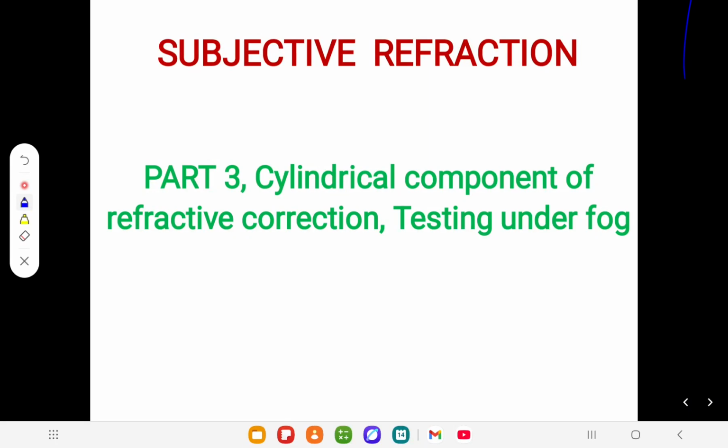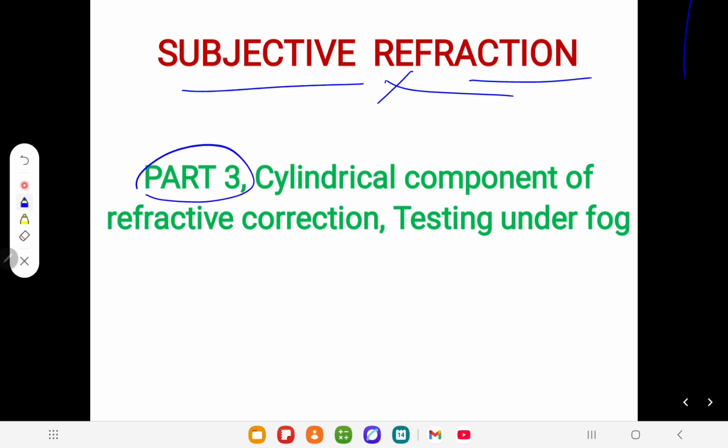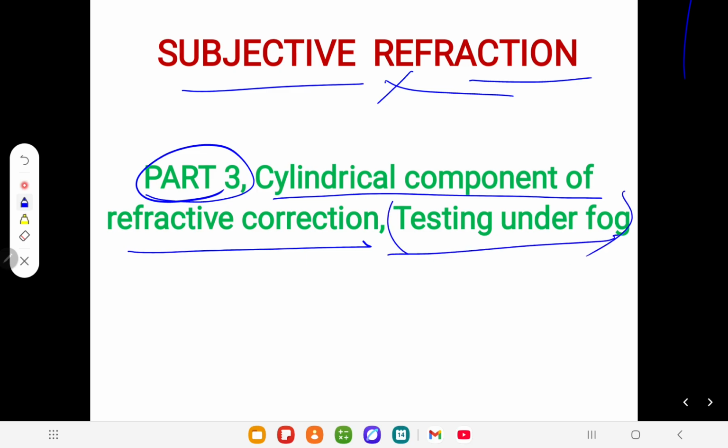Okay, today I'm going to talk about subjective refraction, definitely part 3. And in this part 3, I'm going to talk about cylindrical component refractive correction. And I'm only going to talk about in this subsection testing under the fog. I'm not going to talk about testing without fog because testing without fog is definitely part 4, which is Jackson